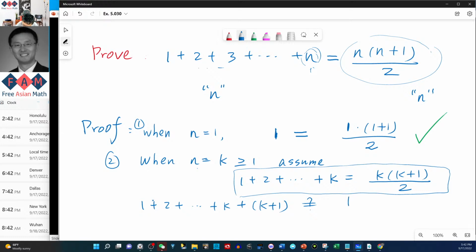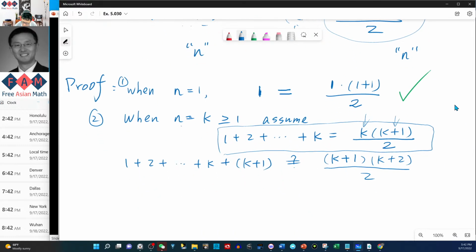When k becomes k plus 1, how should we update the right hand side? It would be k plus 1 times k plus 2. Remember now k becomes k plus 1. So correspondingly, for each of the rows, we have to increment by 1. So the right hand side has to be k plus 1 times k plus 2 divided by 2. We don't know whether this is true, and that's what we need to prove. If this is indeed true, then what did we do? We finished the second,